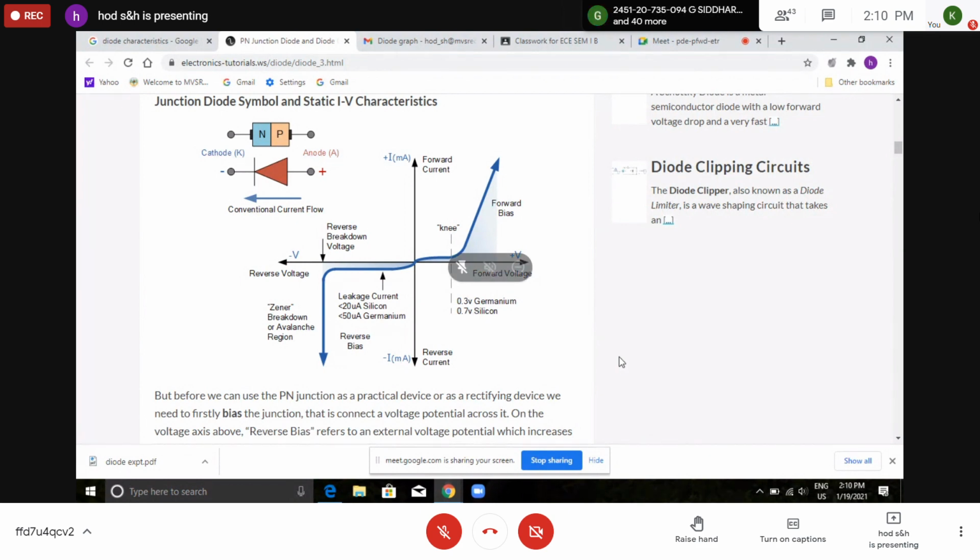If trivalent or pentavalent impurities are added, then the nature of the material changes and the conductivity is enhanced. You have p-type materials in which holes are the majority carriers, and n-type materials in which electrons are the majority carriers. When a p-type and an n-type are sandwiched together, it is called a p-n junction diode. Here you can see the n-type is represented with a blue color, and the p-type with a pink color.